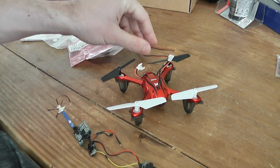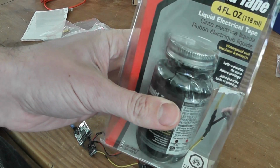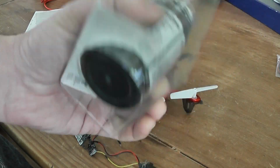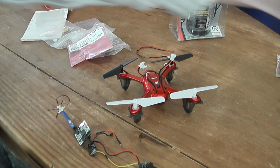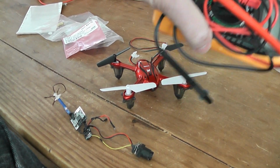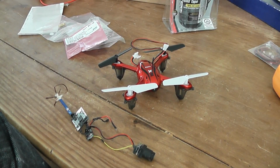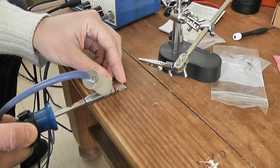And what I will also need is probably this very important liquid electrical tape, very efficient to isolate against shortcuts, and a digital multimeter to measure, for example, the 3.8 volts. Okay, I'm using this machine to